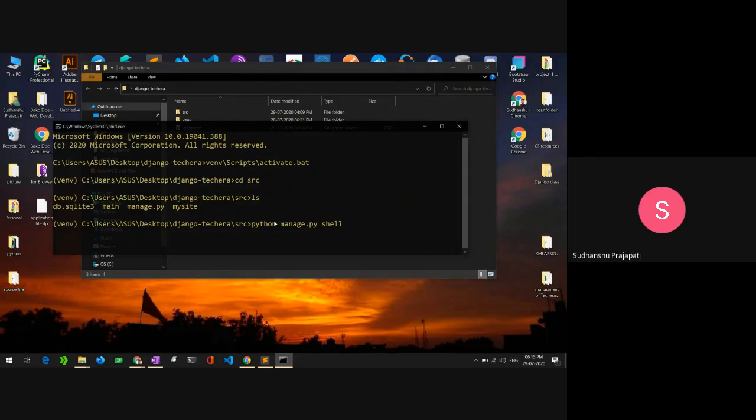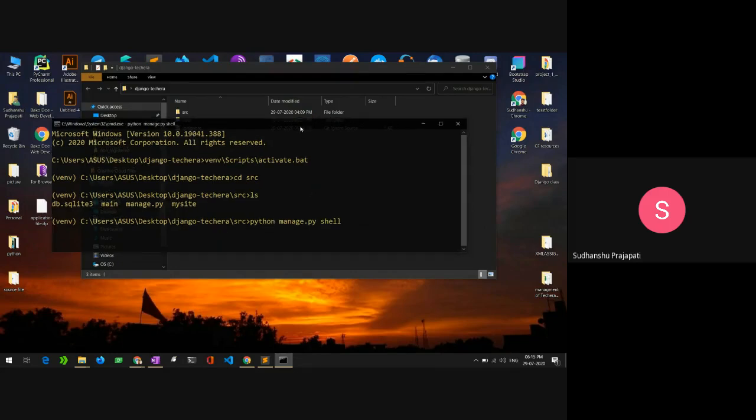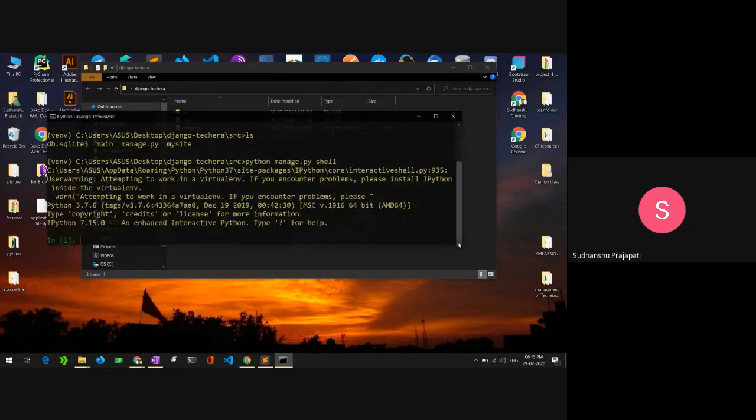After running this command, it's like a Jupyter notebook. If you have ever worked with Jupyter notebook, it's similar to that, and you will understand it if you have worked with Jupyter.